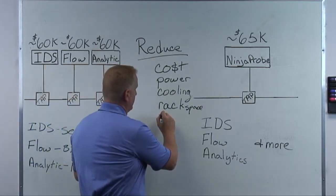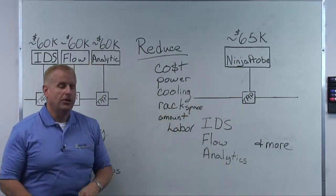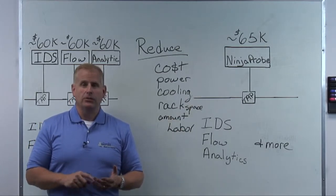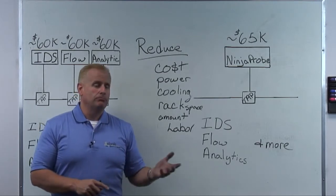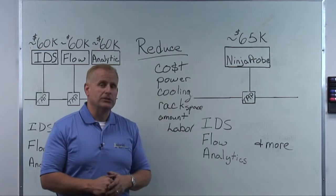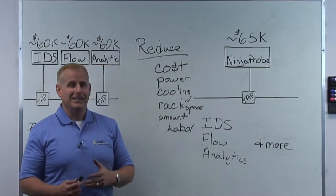We're also going to reduce the amount of labor that's taken. These Ninja probes are very user-friendly. One of the things we have going for the Ninja probe is that it's a web-based GUI. You can manage it, configure it, and operate it all through a web-based GUI. So anybody from your expert computer user, a Linux or Windows professional, all the way to your basic network operations team is going to be able to operate this Ninja probe, feel comfortable using it, and get the full functionality out of it without losing any of the network tools that you need